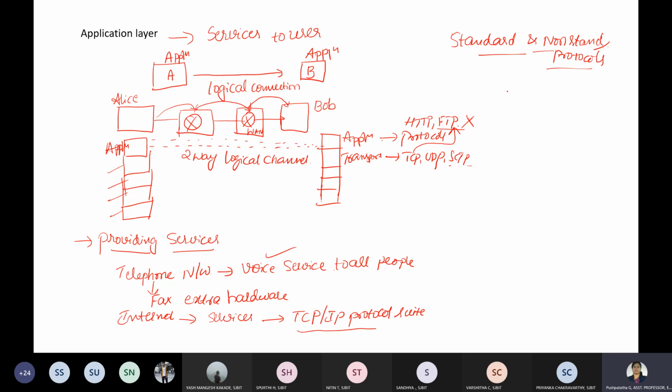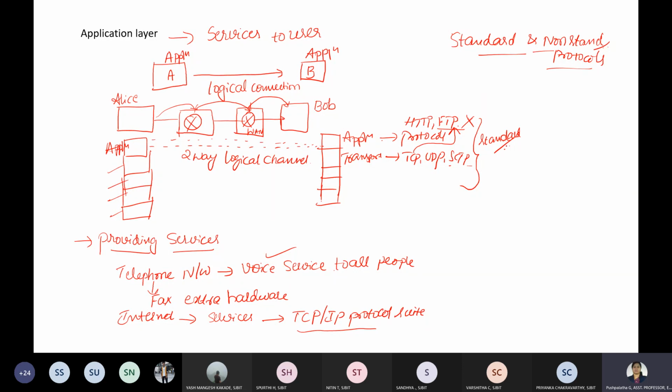So to provide smoother operation of the internet, the protocols used in the first four layers of the TCP/IP protocol suite need to be standardized. You cannot just go for a non-standard protocol, and they have to be documented.